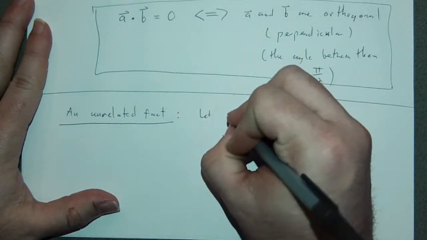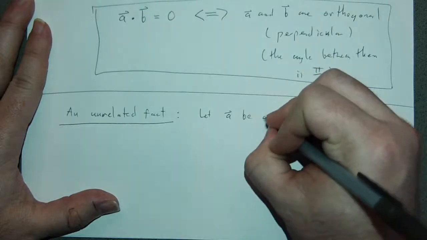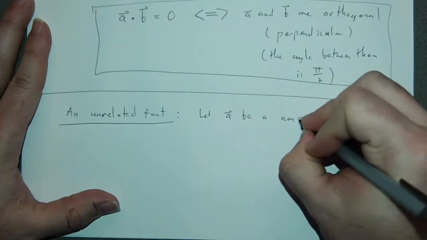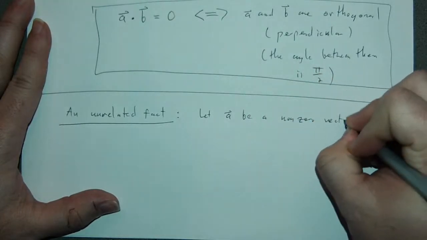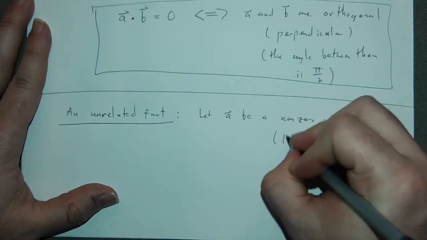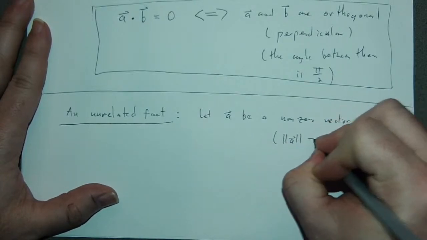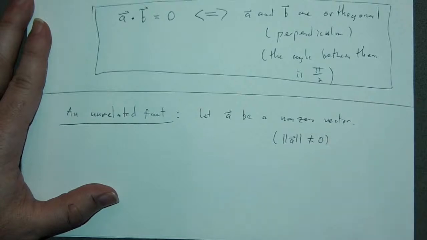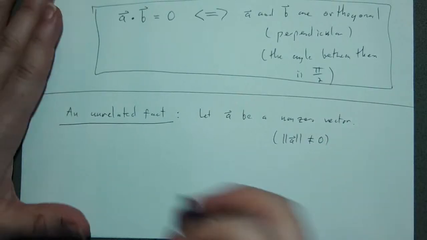Let A be a non-zero vector. The second you have a non-zero vector, what does that mean? Well, among other things, it means that the length of A is not zero. Thus,